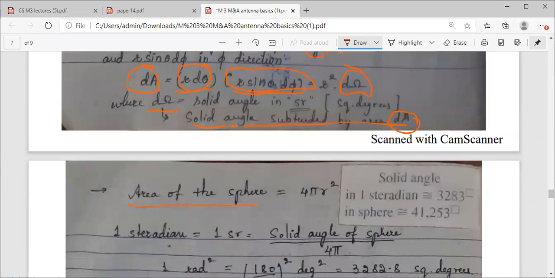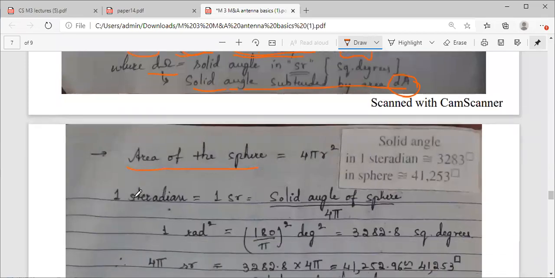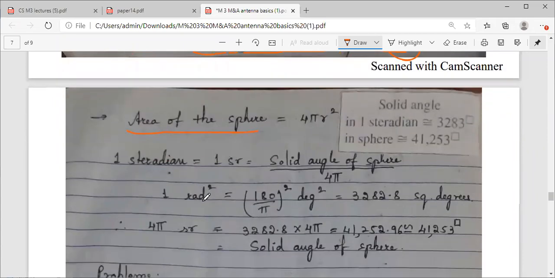Now talking about the sphere, because I'm taking the spherical coordinates, what is the area of the sphere? I've written it, you can see it on the screen. It is 4 pi r square. सर्कल के लिए 2 pi r है, स्फीयर के लिए 4 pi r square है. तो it is, no sorry, सर्कल के लिए पाई आर स्क्वायर होगा, स्फीयर के लिए 4 pi r square होगा.